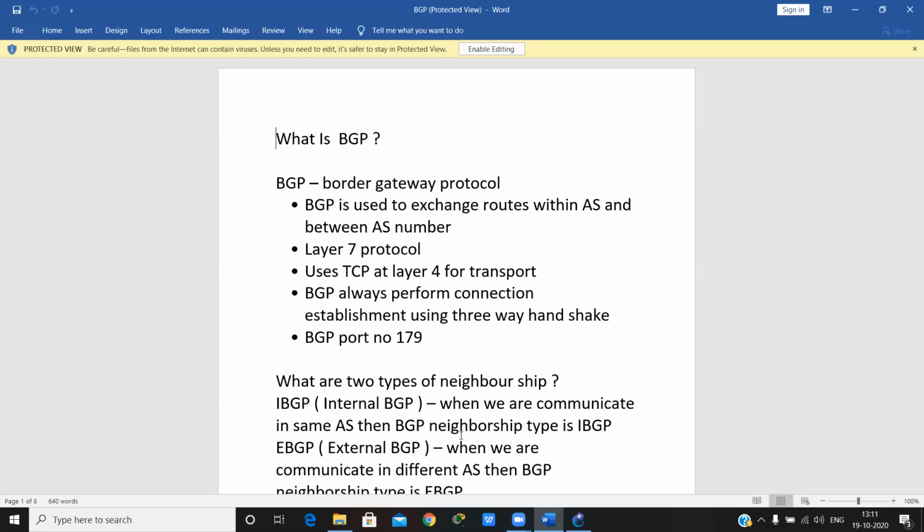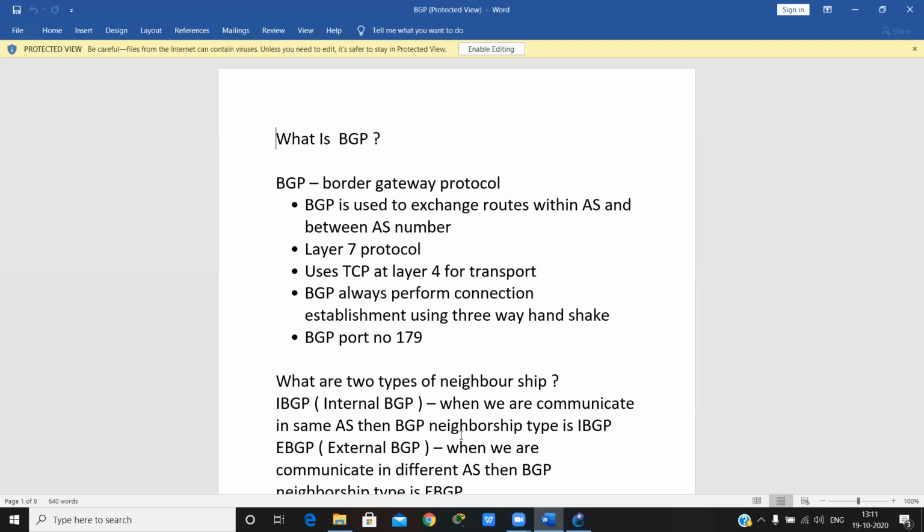This is a layer 7 protocol that uses TCP at layer 4, and BGP always establishes its connection using the three-way handshake because it uses TCP at layer 4. BGP uses port number 179, and BGP has two types of neighborship, IBGP and EBGP.